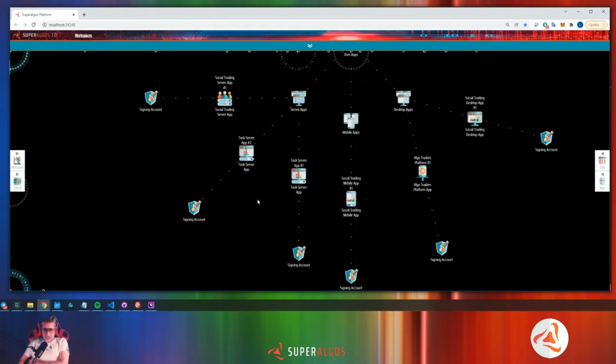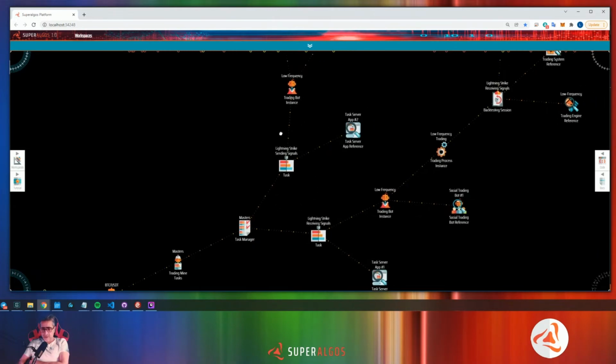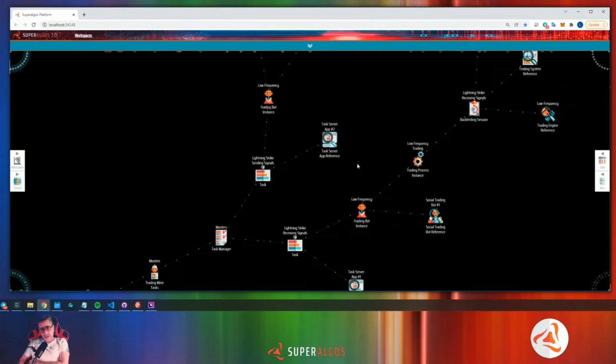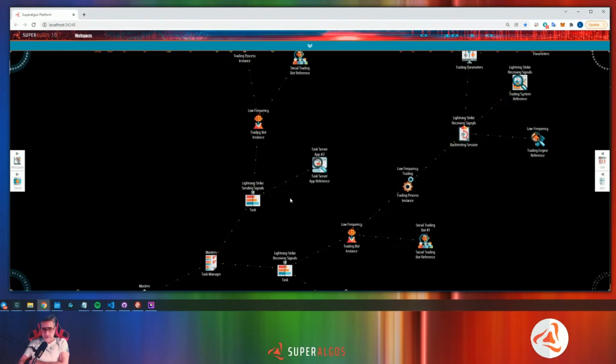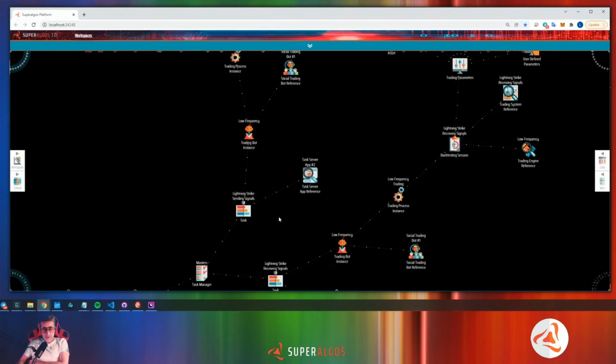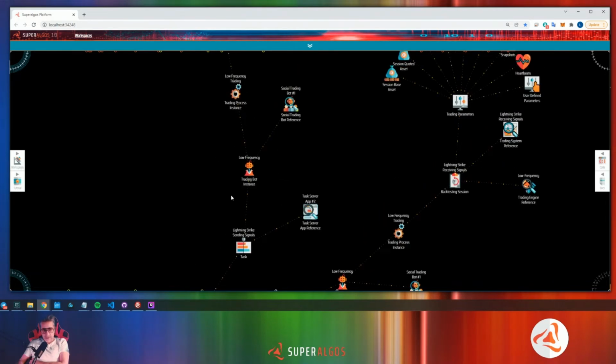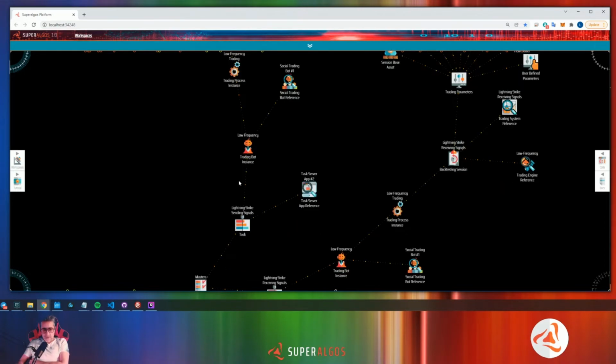So these are the nodes that you have to reference from any task. Any task that you are running, and that you were running until today, they don't need this because they don't interact with the peer-to-peer network. So they don't need an identity. You can run a backtesting task or a data mining task without this because they don't interact with the peer-to-peer network. But because this task is going to run this bot that is going to